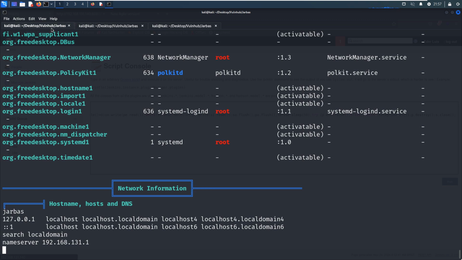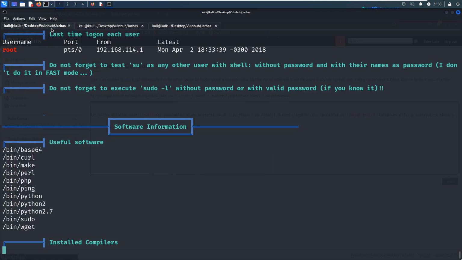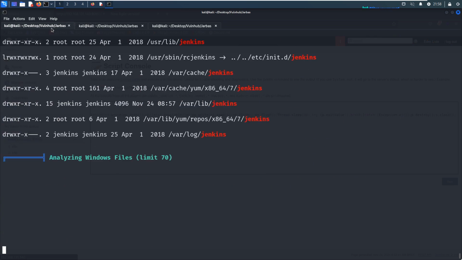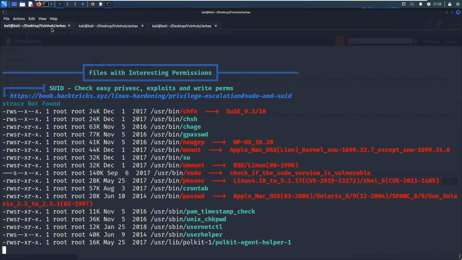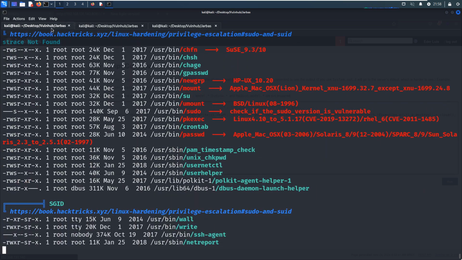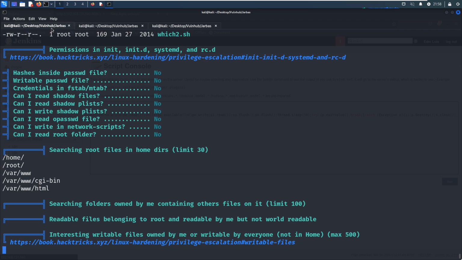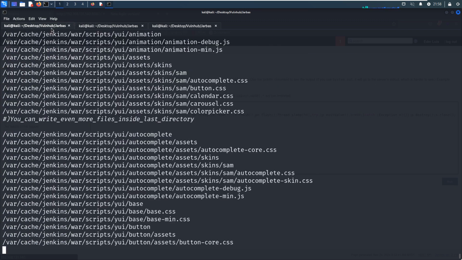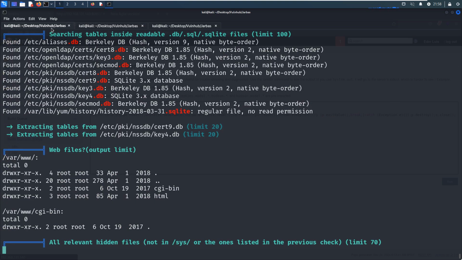This script can do very comprehensive enumeration from a variety of aspects, such as process information, SUID bit binaries, capabilities, cron jobs, and it can even find some files which contain sensitive information. It's done.